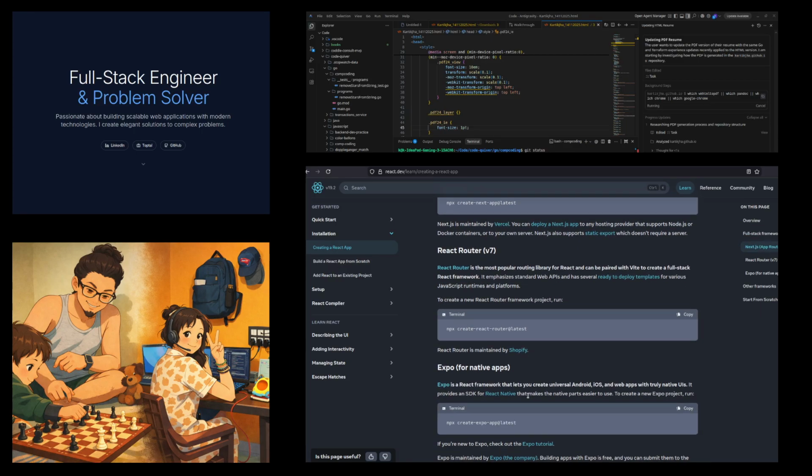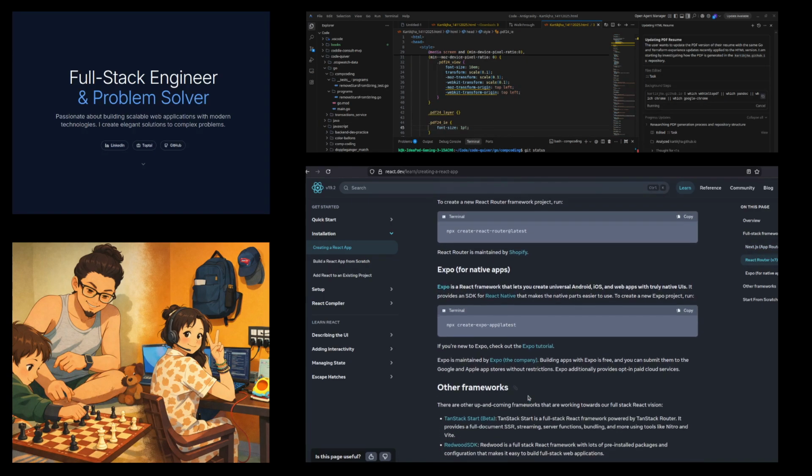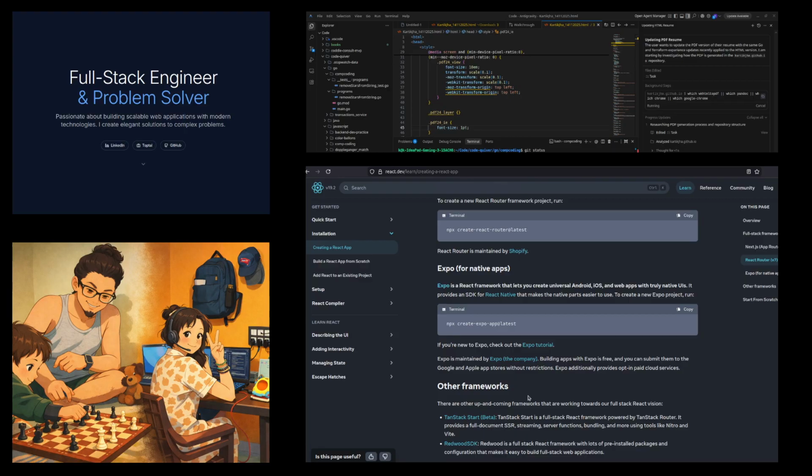Expo is a React framework that lets you create universal apps. It provides an SDK for React Native that makes it easy to create an Expo project. Building apps with Expo is free and you can submit them to Google and App Stores without restrictions. Expo additionally provides paid cloud services. Okay,